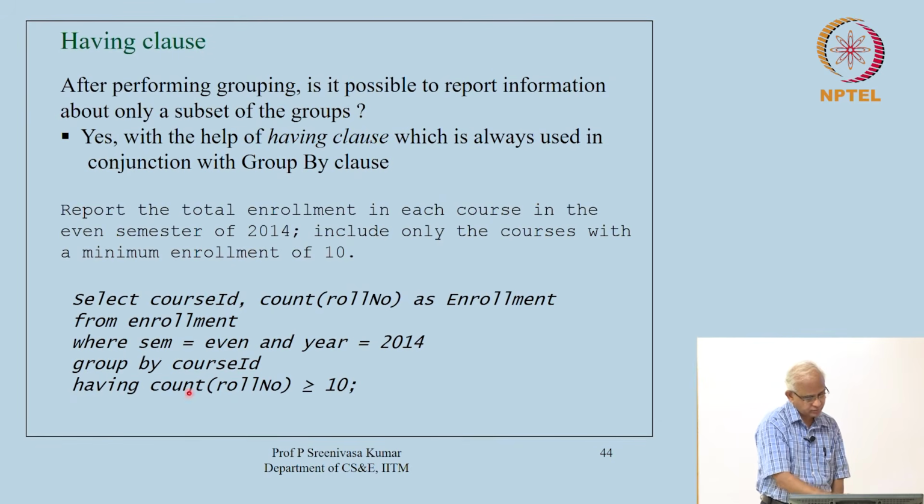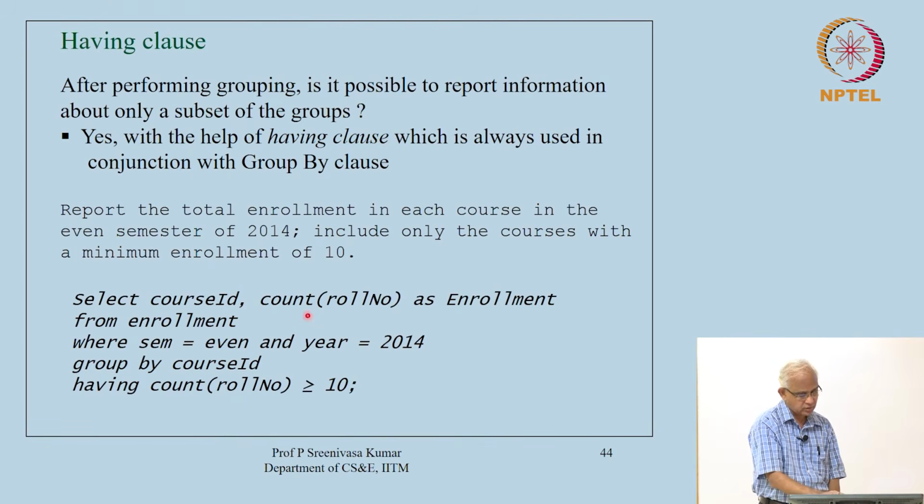So, here is a new clause. So, let us first understand the entire query. Select course ID, count of roll numbers as the enrollment total. The information is all available in the enrollment relation, where the semester is even and the year is 2014, and having selected the appropriate enrollment tuples, do a group by course ID to get the group wise, course wise enrollment information, and then the count of that will be